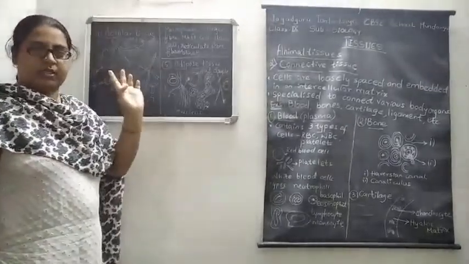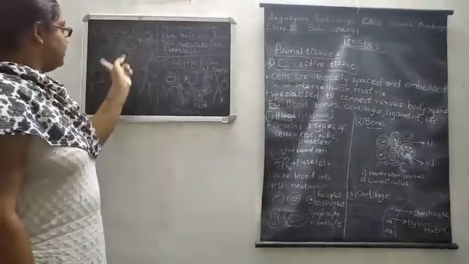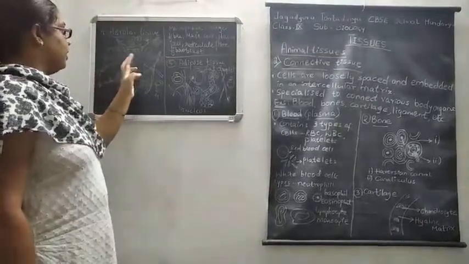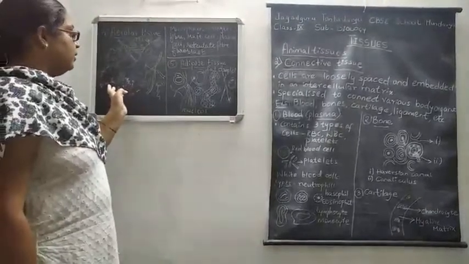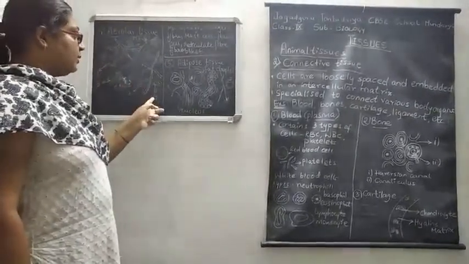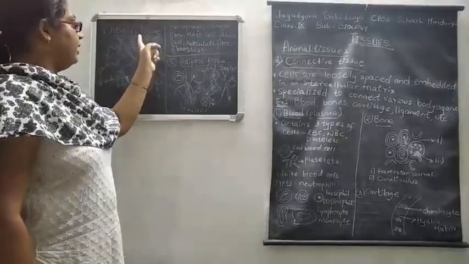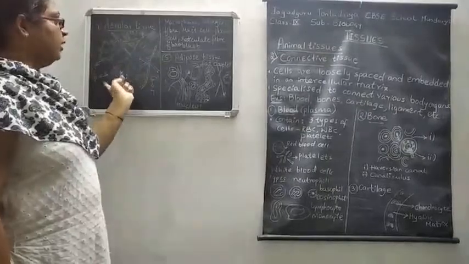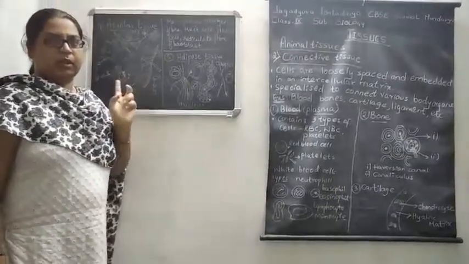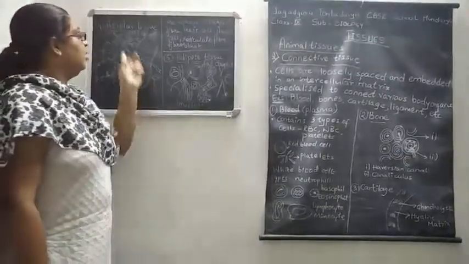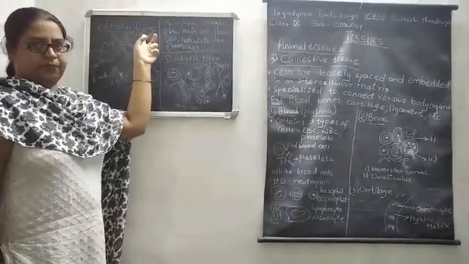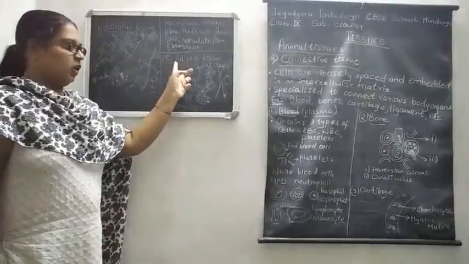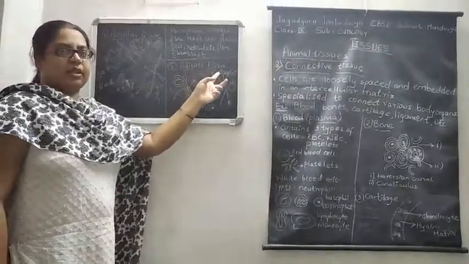Areolar tissue. Understood? This is mainly consisting of different types of cells. First one, this is a macrophage, and this is collagen fiber, mast cell, plasma cell, this is a reticulate fiber and a fibroblast. So all these different types of cells form one particular connective tissue that we call areolar connective tissue. That was the fourth type. Next is the fifth type of connective tissue, which we call adipose tissue.